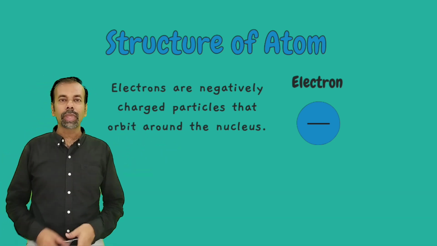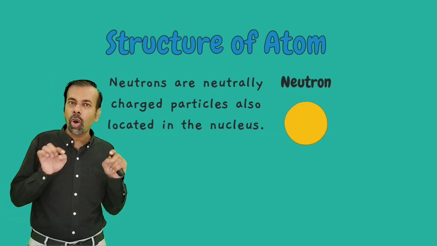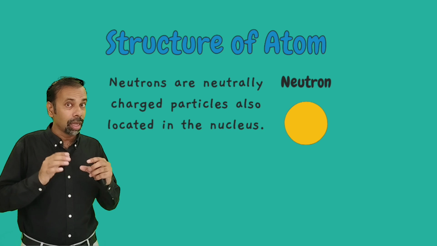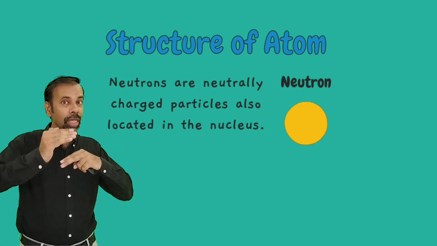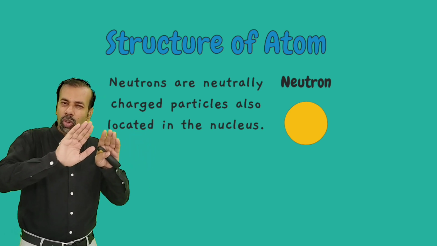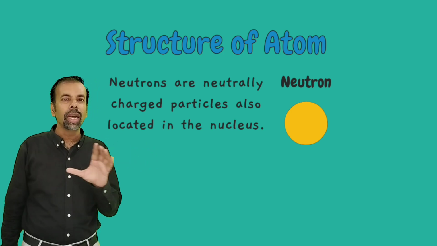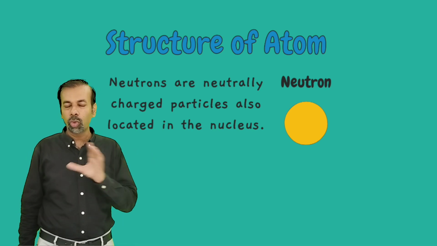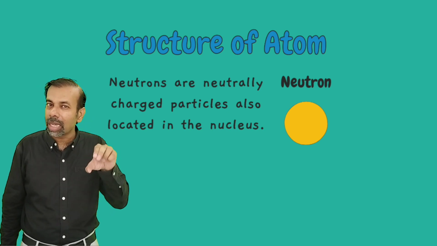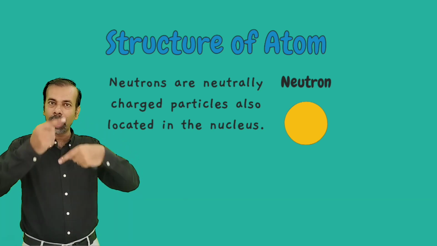Third subatomic particle is neutron. Neutron is also present in the nucleus of an atom. It has also mass 1, means just compare the mass of proton and neutron. They have equal mass. Mass of proton is 1, mass of neutron is 1, but mass of electron is very less. Neutron have no charge. They are neutral particles, they do not have any charge. Proton and neutron, they are present in the center of an atom, that is nucleus, and electrons are revolving around